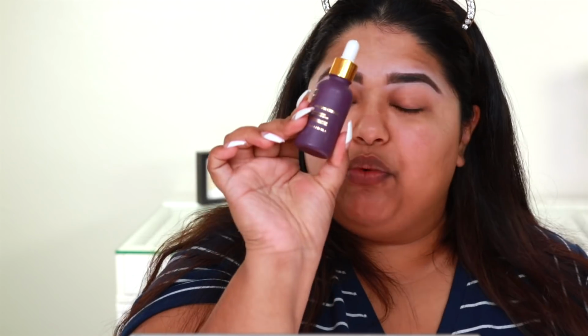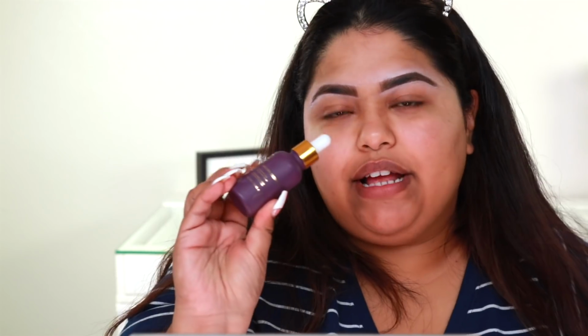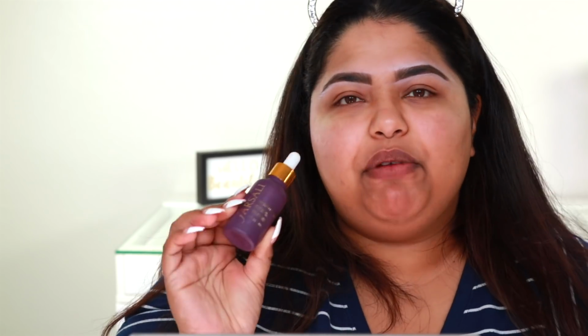And then after that, I do like to go in with the Unicorn Essence. I really love the Unicorn Essence. The Unicorn Essence is actually one of my favorites. It's the Skin Enhancing Antioxidant Serum. So it can be used as a serum and a makeup primer. And I love that Farsali has this whole makeup skincare vibe,